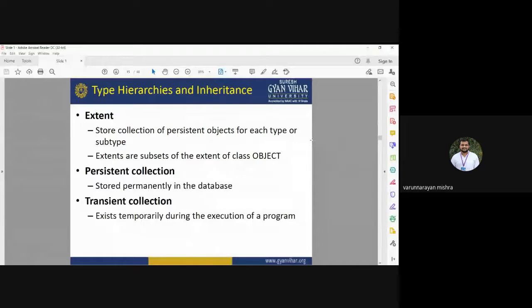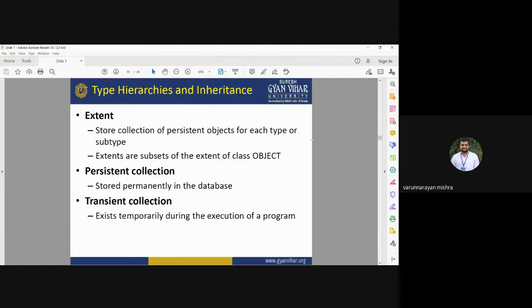Persistent collection means we are going to store it permanently in the database. Persistent means it will be stored permanently in our database. And a transient collection exists temporarily, and it disappears after the execution of the program.